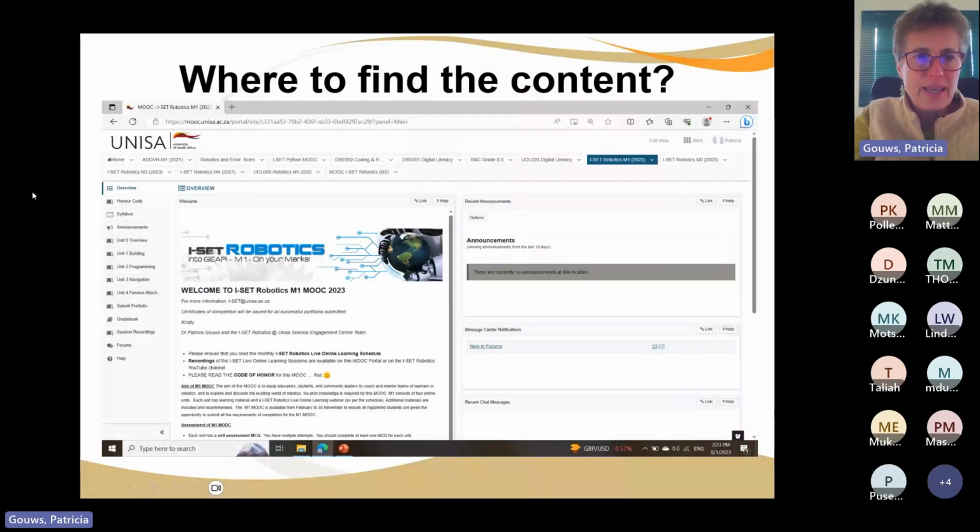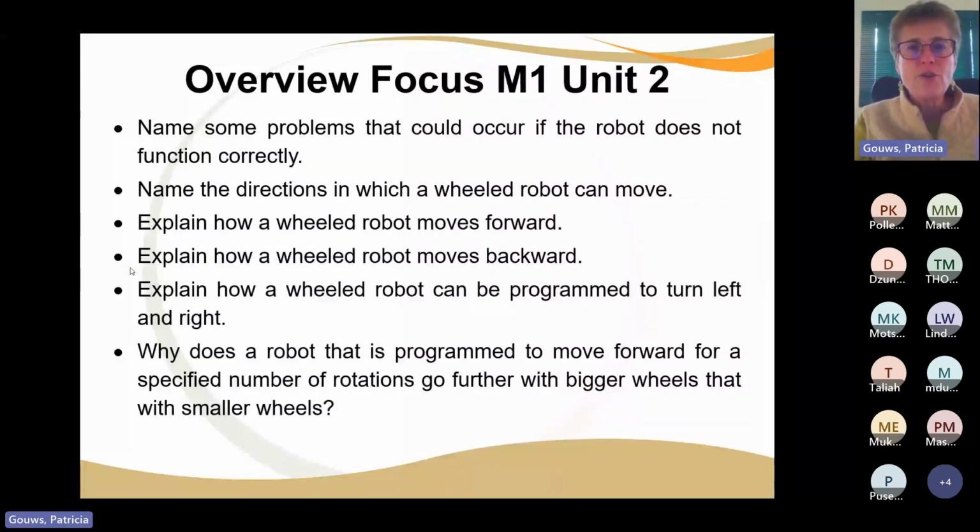So where can you find this? Again, this is back to M1 where we were. I said you can get the syllabus there. There are all the lesson plans, and there's the overview, and there's also the template for your portfolio that you need to submit. And then down the bottom there, there's programming that you can then do, which is what we're discussing now. So if you go to your M1 document,